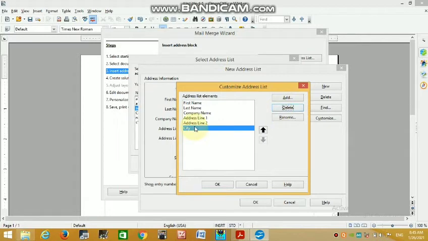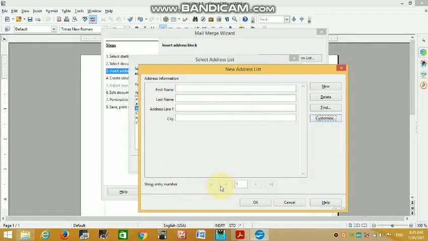Okay, I want city, so I keep it. Address line 2 I delete. Company name I delete. So in our address list, first name, last name, address line 1 and city, 4 fields we choose. Now okay, write down first name.